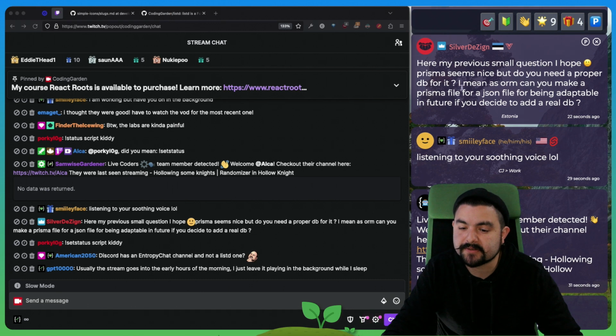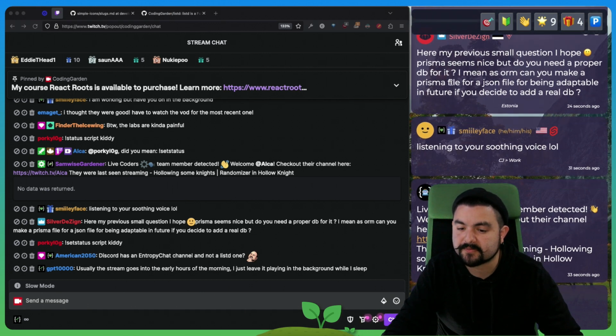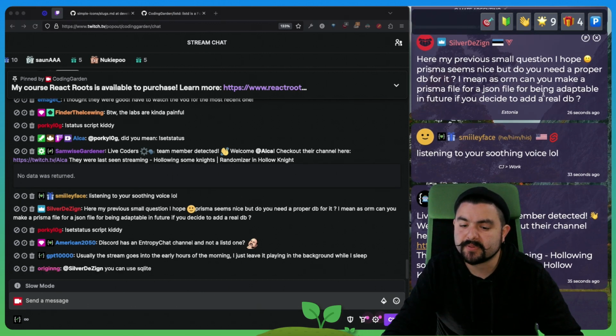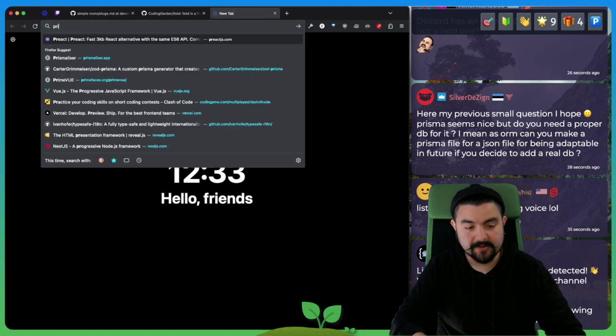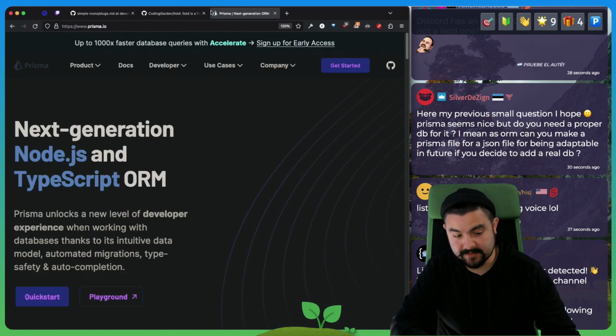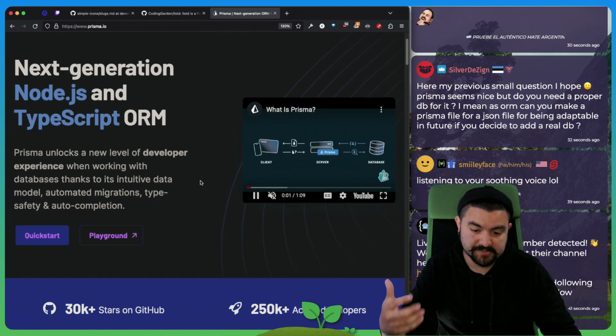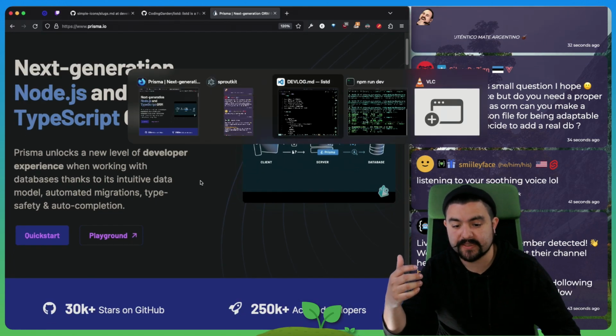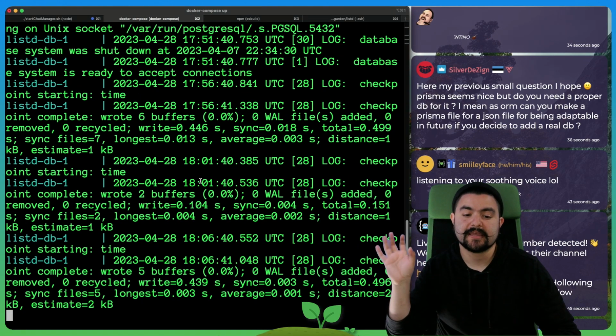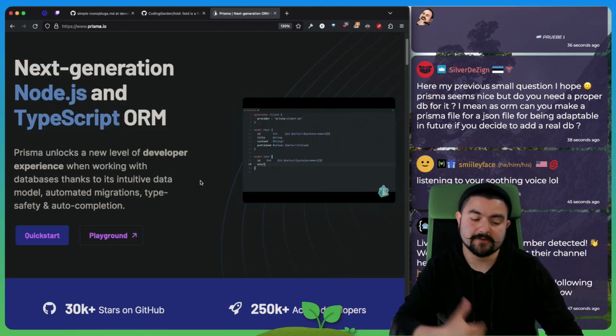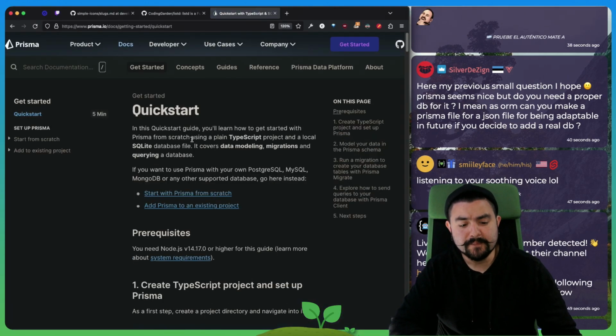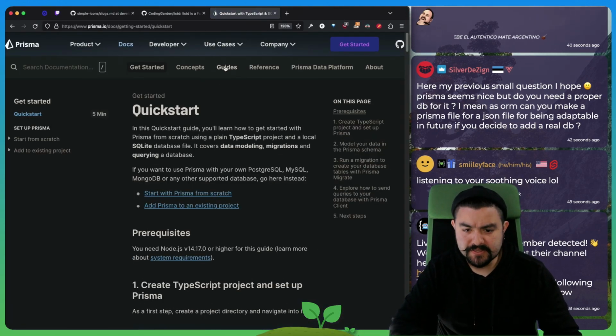Prisma seems nice, but do you need a proper DB for it? I mean, as an ORM, can you make a Prisma file for a JSON file or be adaptable in the future? So Prisma is an ORM that integrates with existing databases, and we specifically are using Postgres. We actually have a Docker container running that is our Postgres database, and that's how we're connecting Prisma to it. But if you look at Prisma, you can see